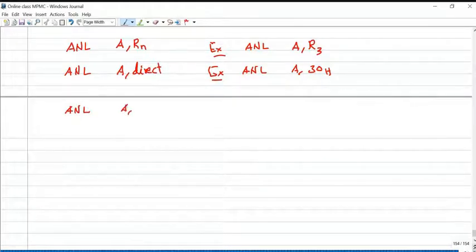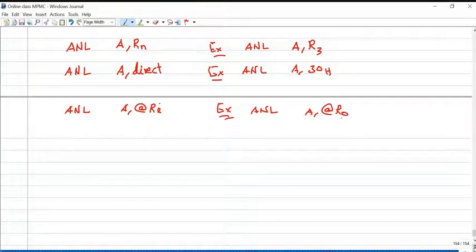ANL A, @Ri. Ri represents R0 and R1 only. ANL A, @R0: logical AND between accumulator content and the content available in the internal RAM memory, where the address of the internal RAM is given by the R0 register content.